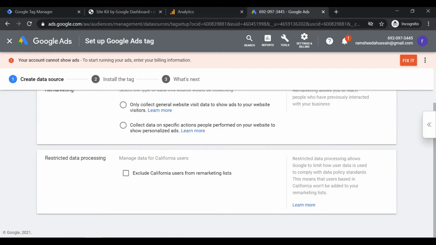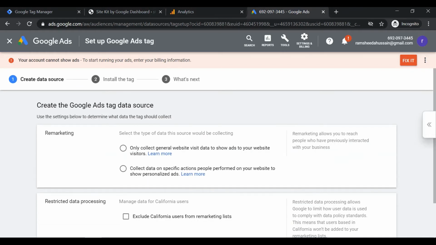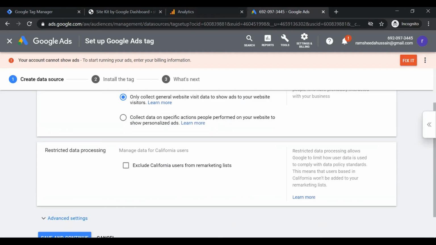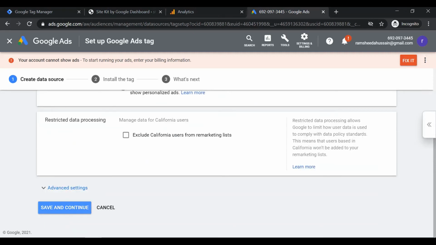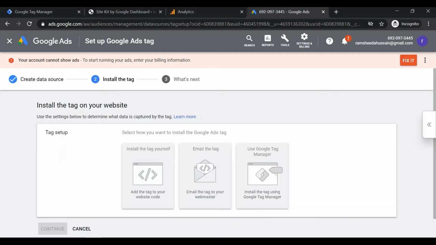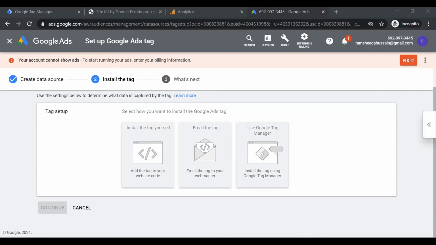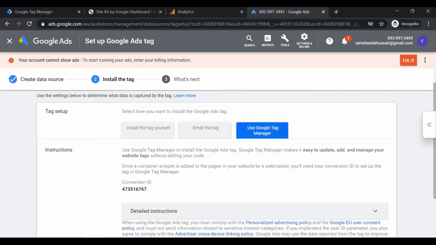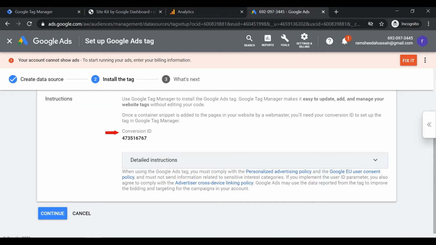Select the option that allows us to create an audience list for the people that have been to our website. Then we need to follow the steps. Select the option to add the tag using Google Tag Manager. We need to copy the conversion ID.